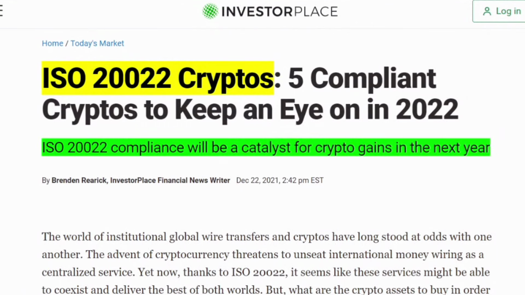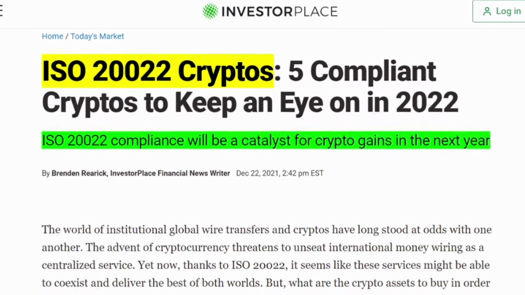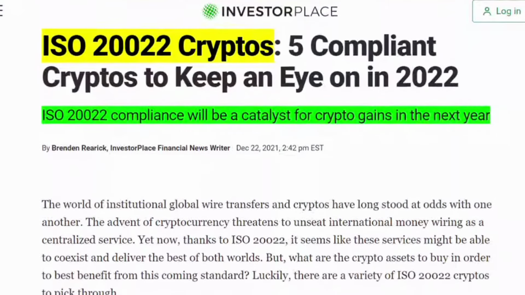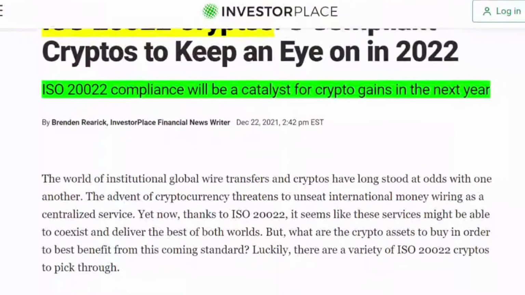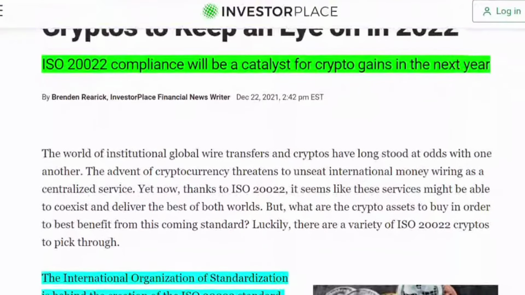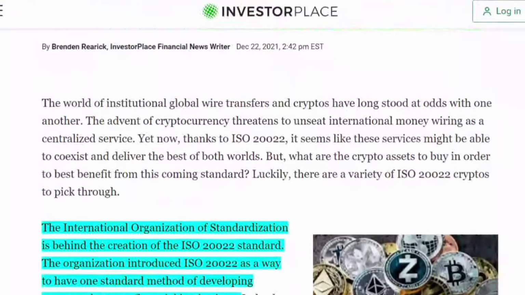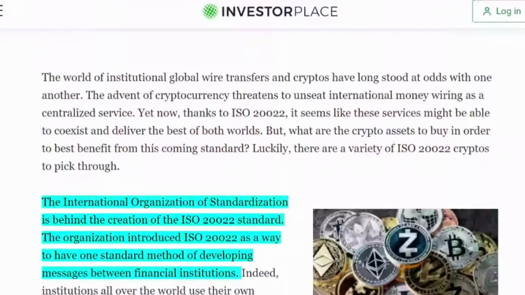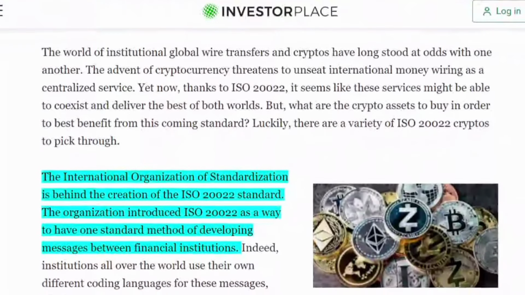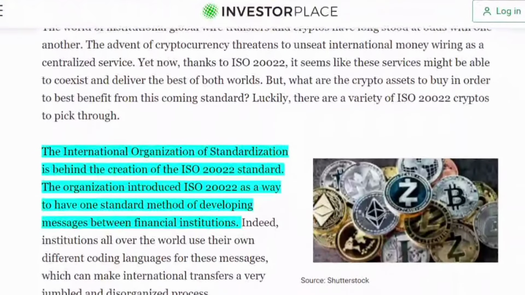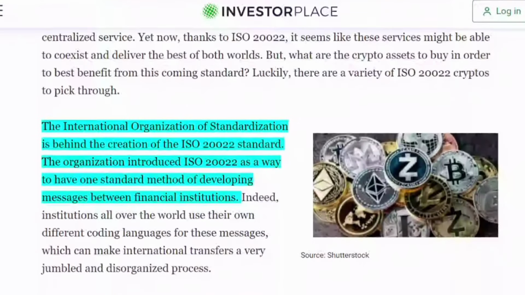What is ISO 20022? In simple terms, it is a global standard for transmitting data or information between two parties. These messages are what banks use to determine the who, what, when, where, and why of a transaction. It's a lot similar to what the blockchains on this list have already mastered. That is what makes this transition and these coins so important to keep tabs on. This is the real-time process of the old financial system integrating with the new one.